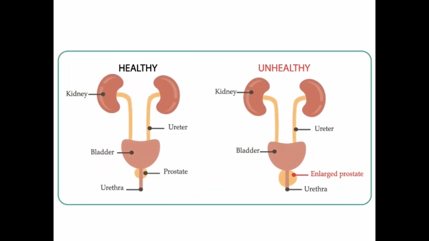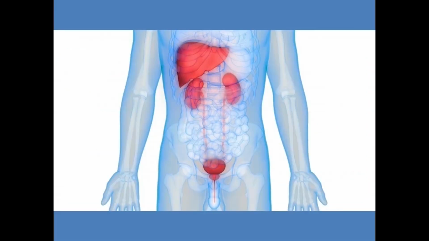Now, what's interesting is a healthy liver and kidneys looks like this, yeah? Because your kidneys are connected to your bladder and then prostate and your urethra. But unhealthy, there'll be a buildup of toxins. And guess where that buildup of toxins goes? So for men, your liver and kidneys being unhealthy might lead to an enlarged prostate. And this is due to lack of vitamin D, because these two organs are the ones that synthesize vitamin D.